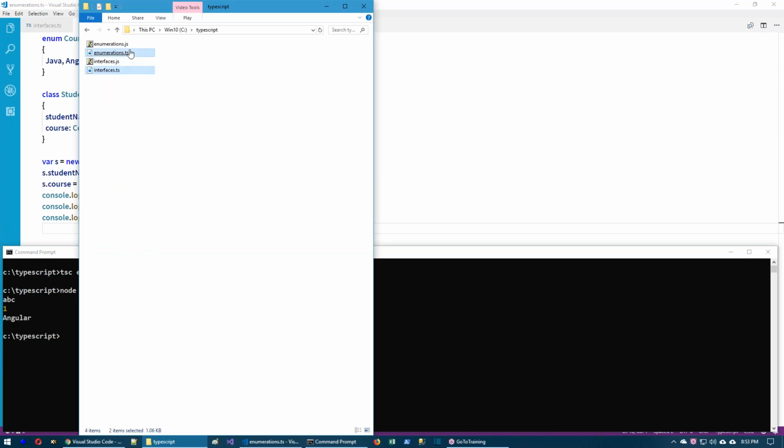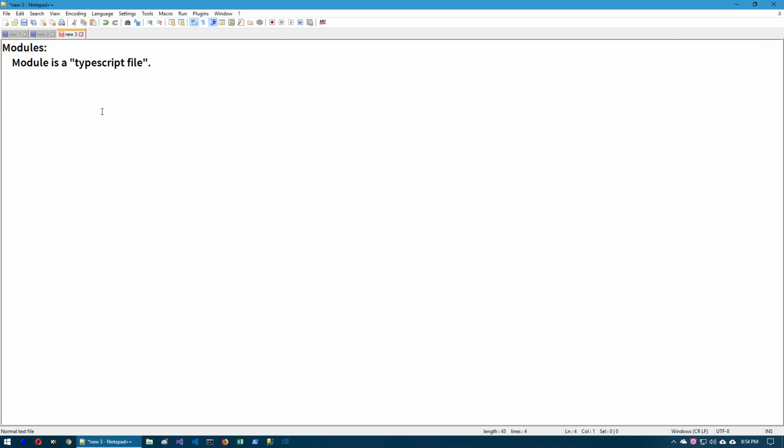Each individual TS file is a module. Yes, simple, a TS file with some code, maybe classes, interfaces, something. So a file with a .ts extension, that means a TypeScript file, is nothing but a module. So a module is a TypeScript file